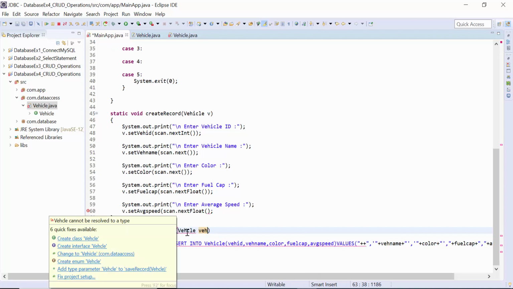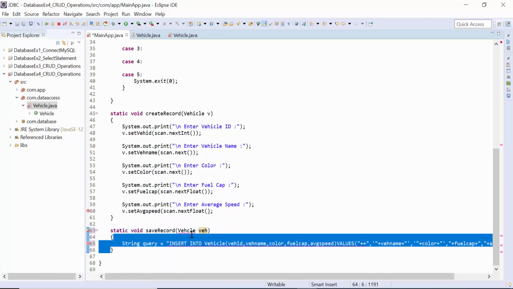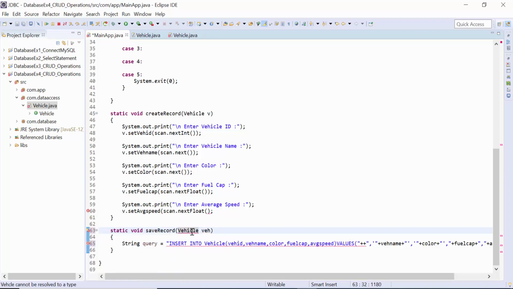veh is an object of that class, so this is Vehicle veh.